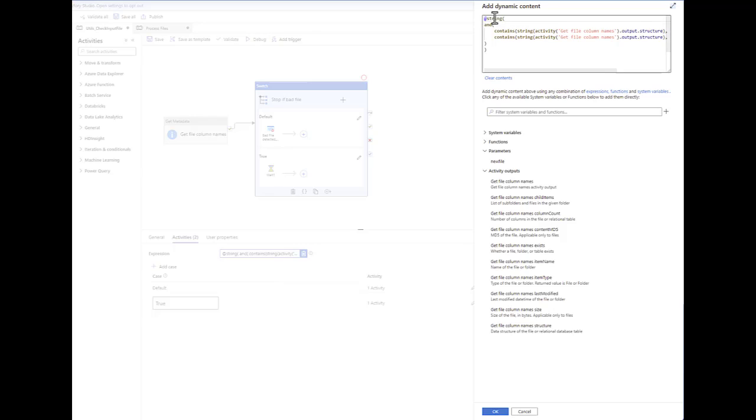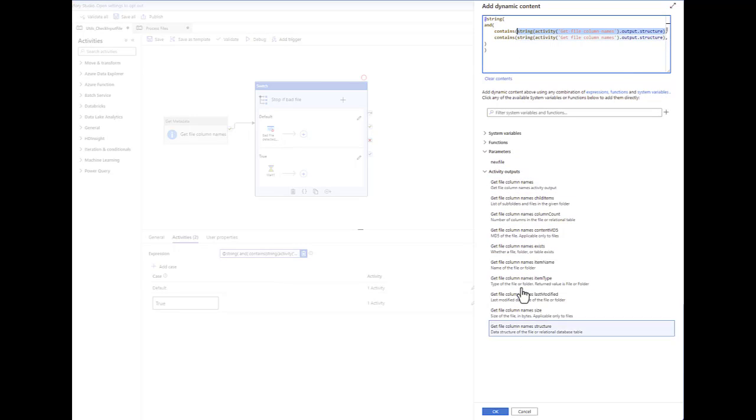And the switch has an expression. It has to resolve to a string. So it's going to start with string. And then I'm using an AND function. And I'm going to say the string of the column names should include email address and ZoomInfo contact ID. Now this first argument here